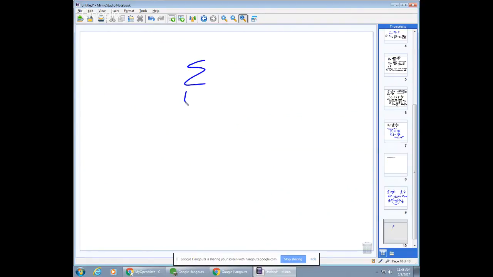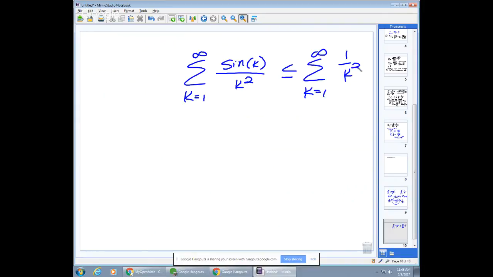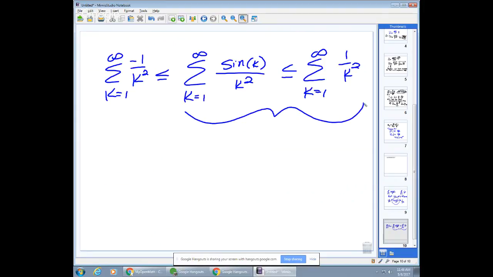So the sum as k goes from 1 to infinity of the sine of k over k squared has to be less than or equal to the sum as k goes from 1 to infinity of 1 over k squared, and greater than or equal to the sum as k goes from 1 to infinity of -1 over k squared. And the part of the inequality that matters most to me is that side right there,